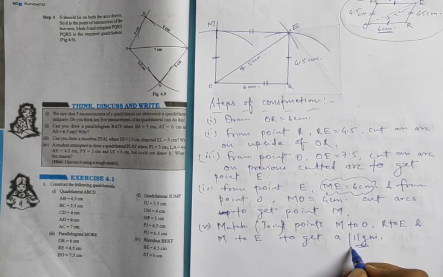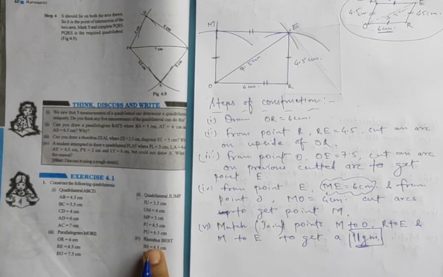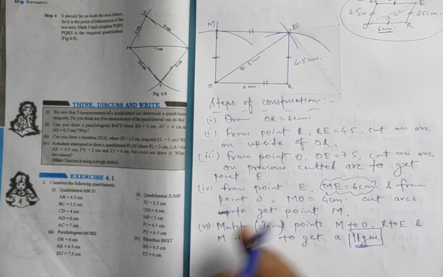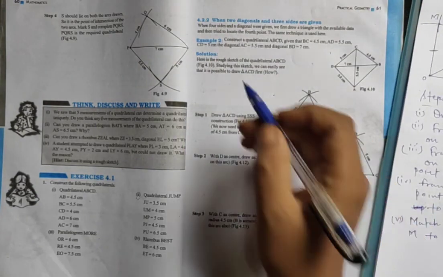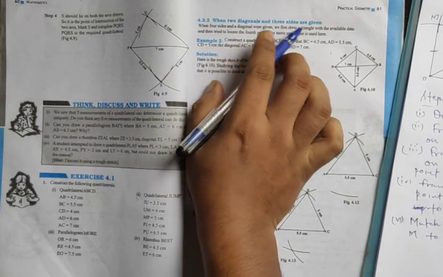In place of the word parallelogram, I am writing the parallel lines symbol and GM, which is the short form of parallelogram. You also can write this. Okay, so that much for today. Do question number 4 as it is, because there we have to use the property of rhombus. So you all know what a rhombus is and what the property of a rhombus is. Okay, so from tomorrow we will do this topic when two diagonals and three sides are given.